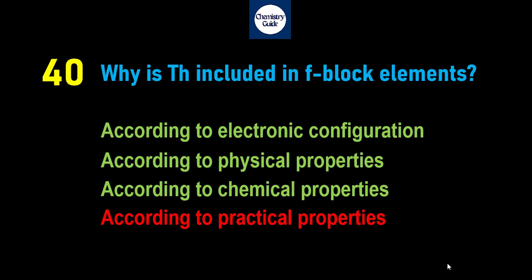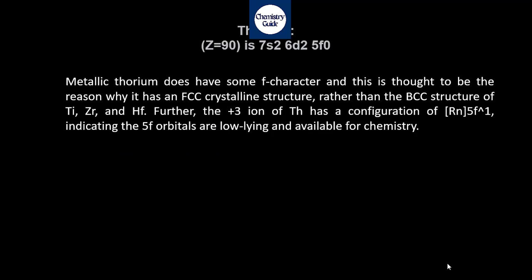If we observe the electronic configuration of thorium, it is not compatible with F block elements. Thorium has atomic number 90 and the configuration is radon 6d2 7s2 5f0. If we talk about the Aufbau rule or Madelung rule, from that perspective there would be one electron in 6d and one electron in 5f, but in the case of thorium there is actually no violation of that rule, because for